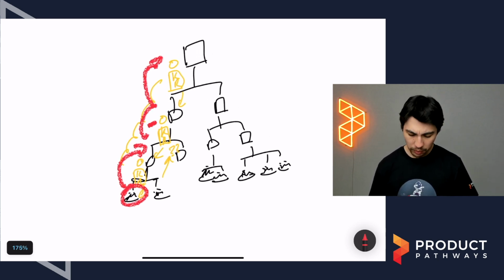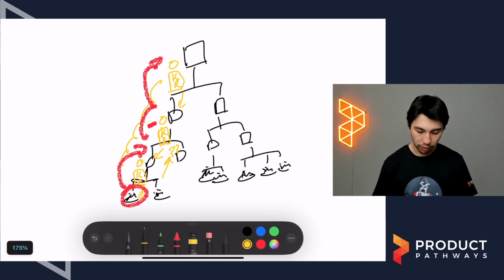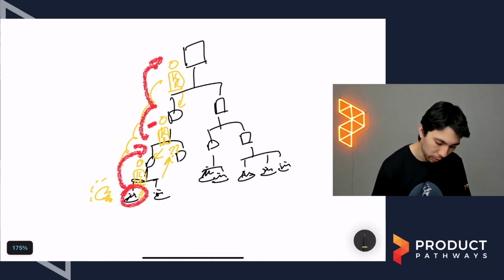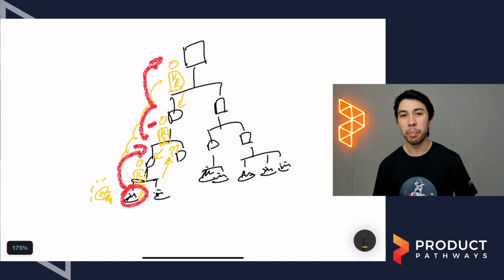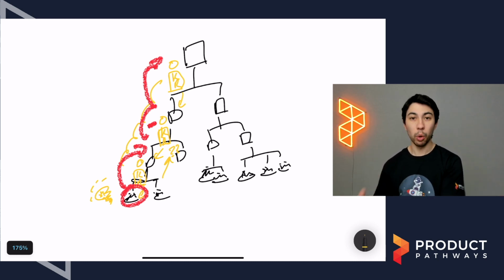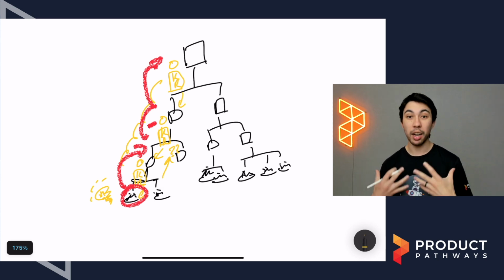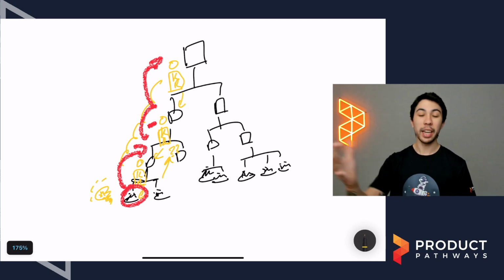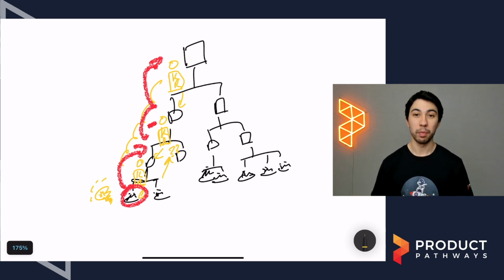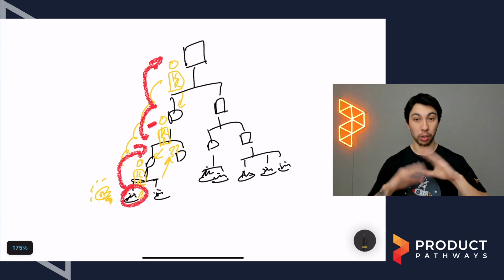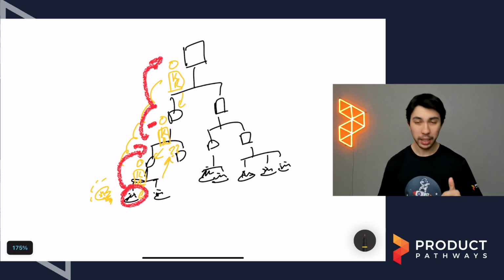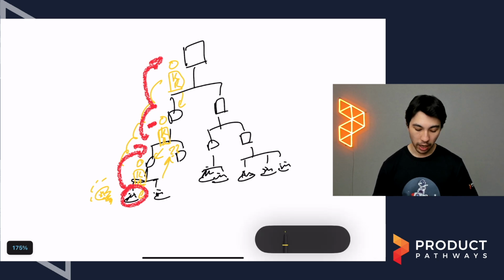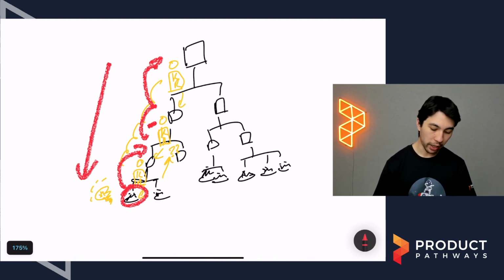The other thing that happens here too is if I had a brilliant idea, and this can be at any level, I know I'm drawing it down the bottom, but it could be at any level. If I had a brilliant idea and a brilliant thing to work on, I can't really work on that until the OKR above me aligns to that, right? Now, yes, we need to have strategic alignment. We're going to talk a little bit more about that in a minute. But because I'm waiting to inherit OKRs and I don't really have a say in it when it's coming top down, I am basically just waiting, and trying to come up with new ideas is almost wasted.